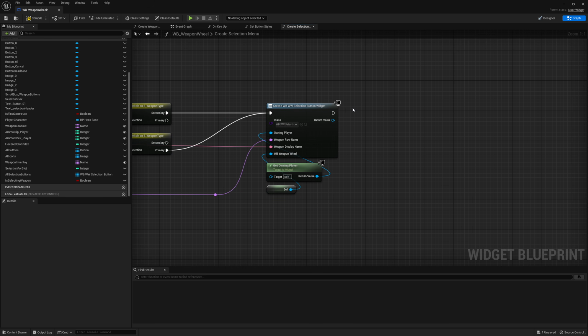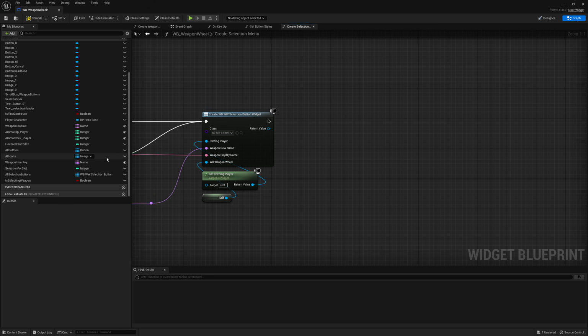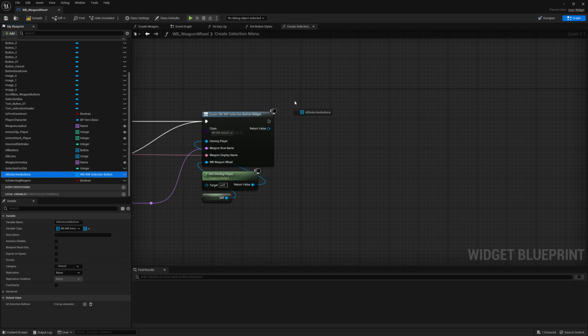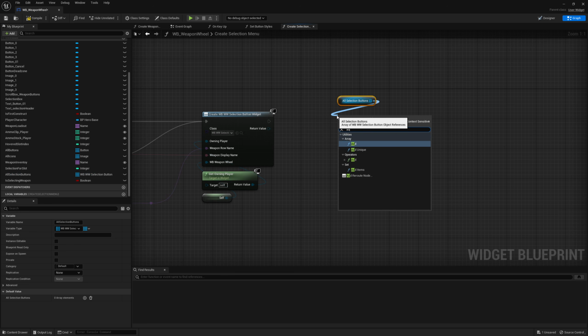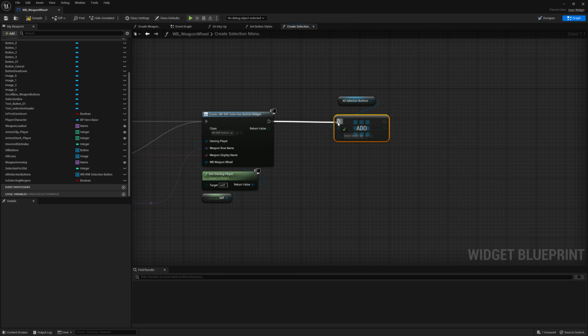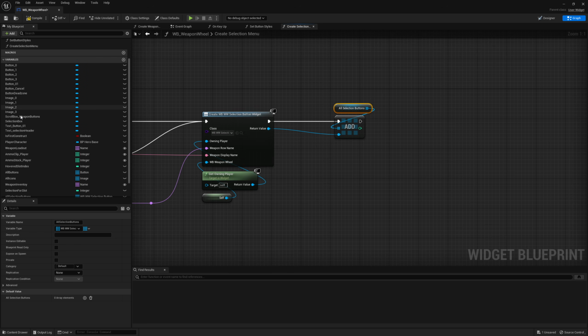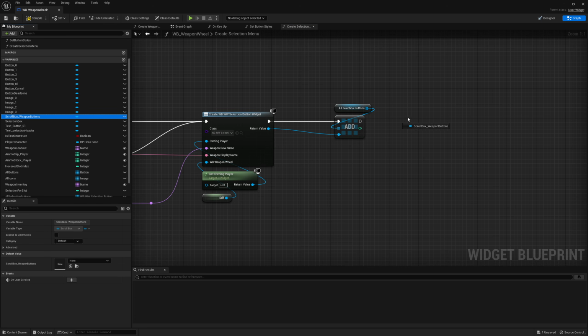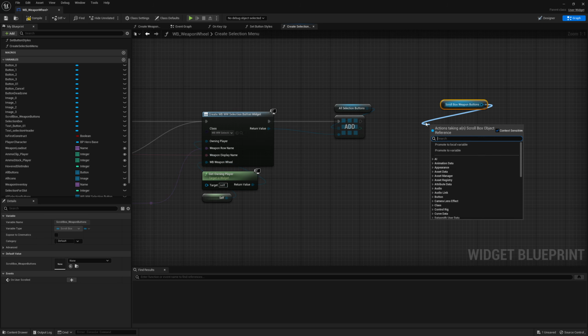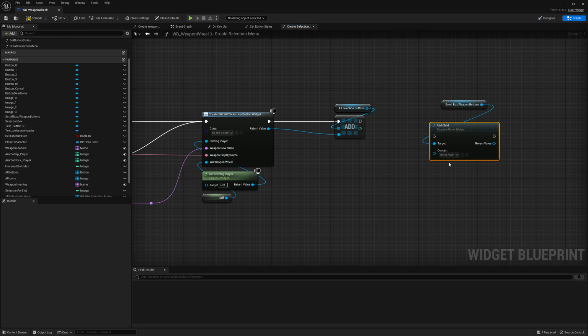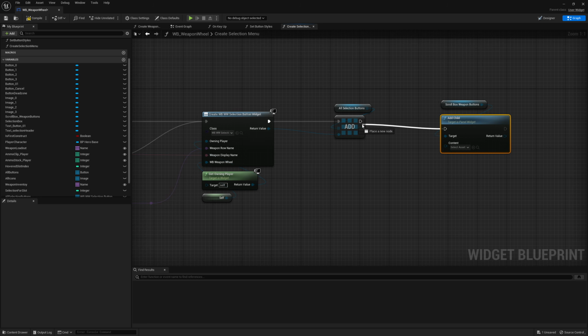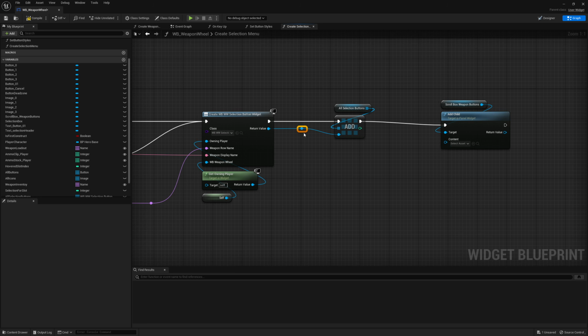So we created a button for a weapon, and then we're going to add it to our array. So we're going to grab all of the selection buttons and add an entry, plug it in here, plug in the return value. After we added it to the array, we're also going to add it to our scroll box. So let's go for the scroll box weapon buttons, drag it in here, and we want to add a child. So hook it up and make sure that you hook up the return value again as the content for the scroll box,